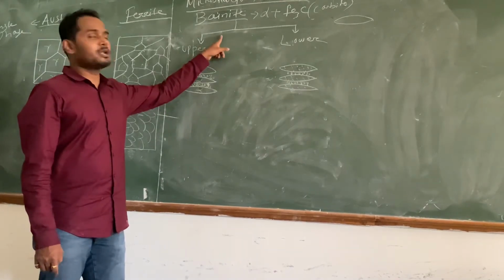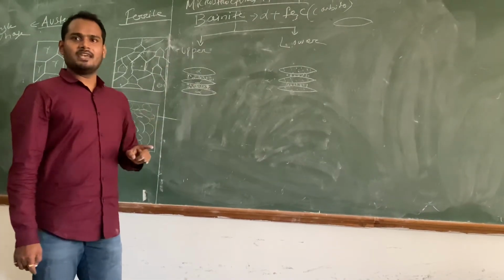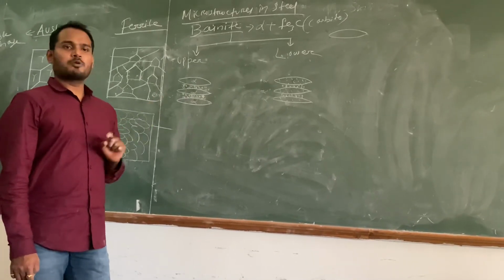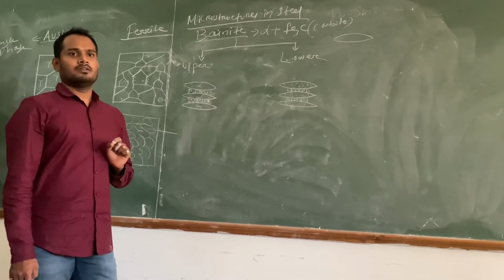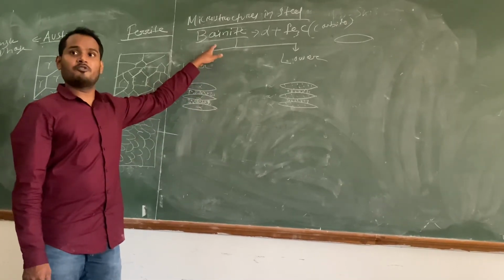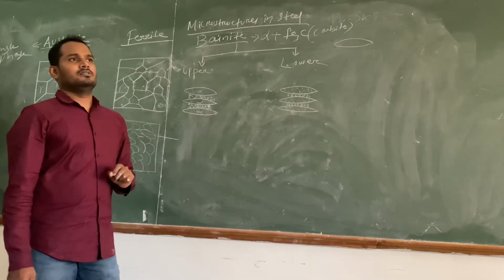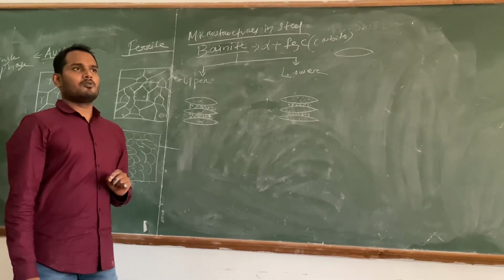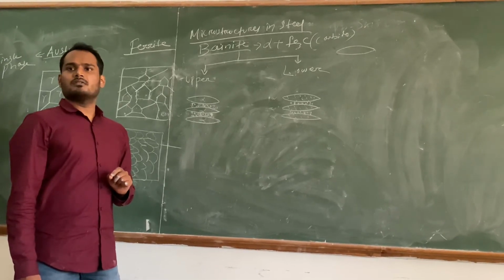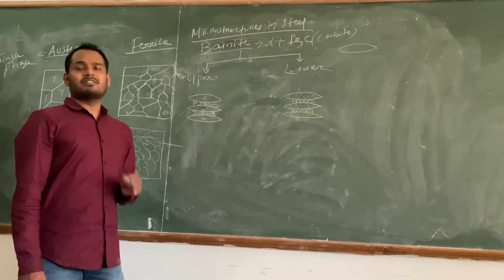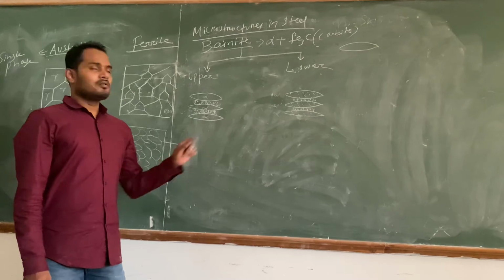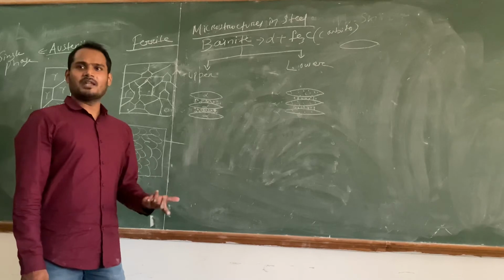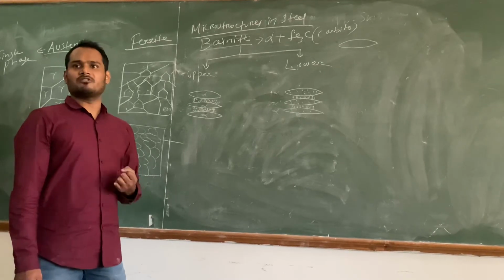But the interesting point about bainite is, if the steel contains bainite, you have good strength, you have good toughness, because it will provide some ductility also. Right? So this is the phase which will provide you very good toughness. Suppose you are working in a steel plant and somebody asks, can you tell me how I can increase the toughness of the steel? Can you suggest me some best method? So just tell him, we can convert our initial microstructure into bainite microstructure. Done. If bainite microstructure will be there, it will show you very good toughness.